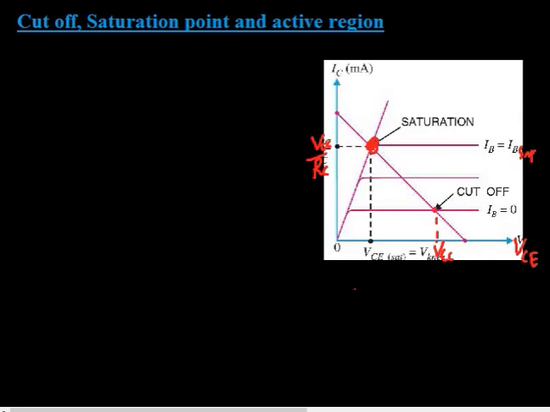The first curve corresponds to the base current equal to 0, and the top curve corresponds to the base current which is saturated, that is, the base current reaches the maximum. Now let's consider the case IB is equal to 0.